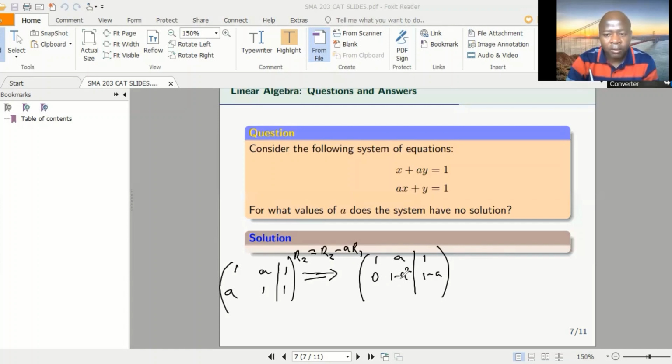This part should be 0. And this part should be non-zero. This part here should be non-zero. So when those two conditions are met, then the system would have no solution. So therefore,